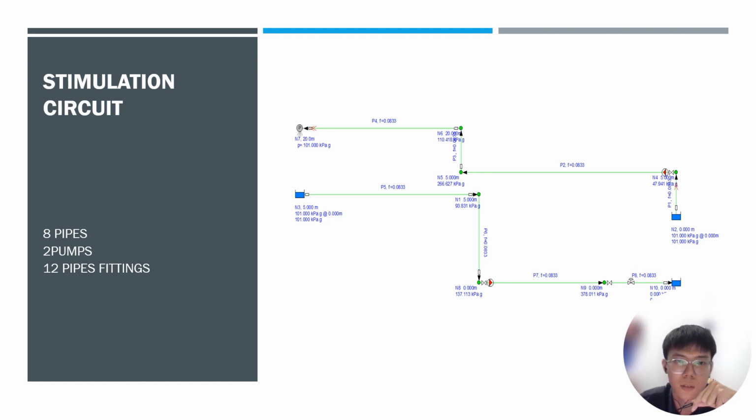There is a circuit, and I use 8 pipes, 2 pumps and 12 pipe fittings. The circuit is like this: water comes out from the condenser and goes through a 90-degree bend, then this pump acts like a control valve, then goes like here, then 90-degree again, then 90-degree again, and goes to the spray, which is an end pressure point. Then this is a basin, and it comes out with a condenser exit, then 90-degree